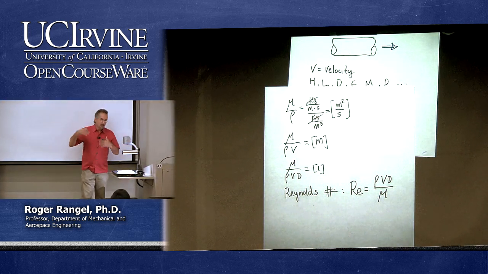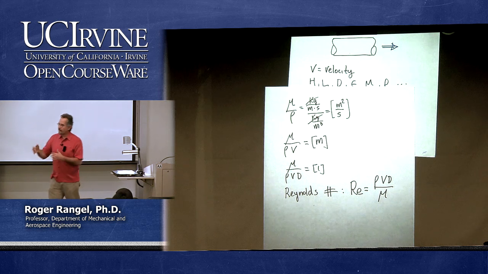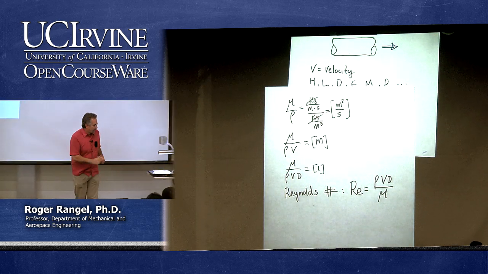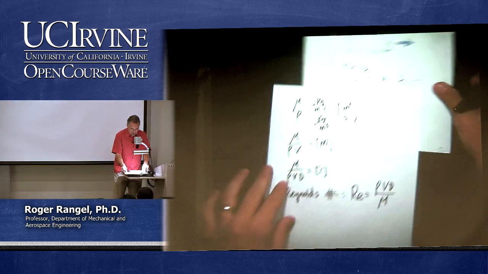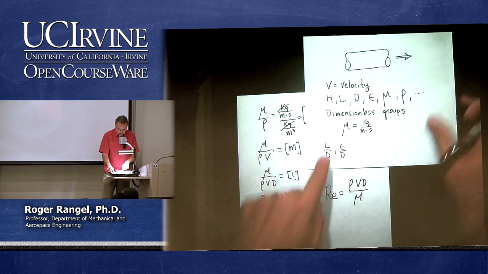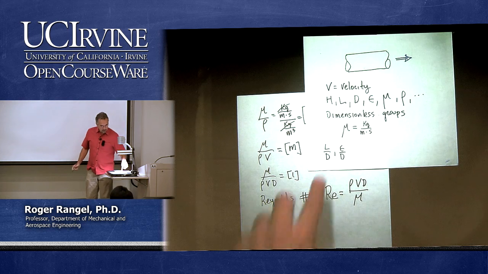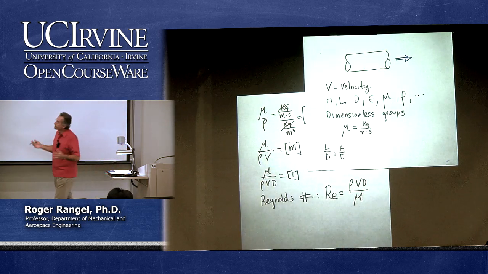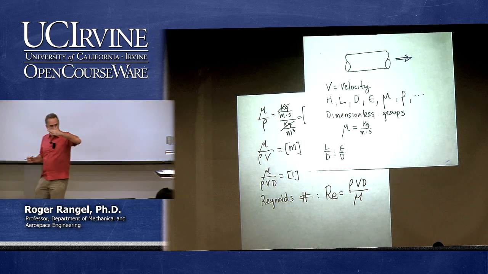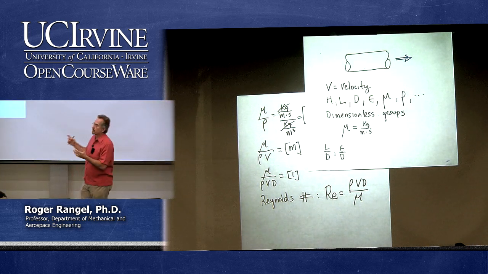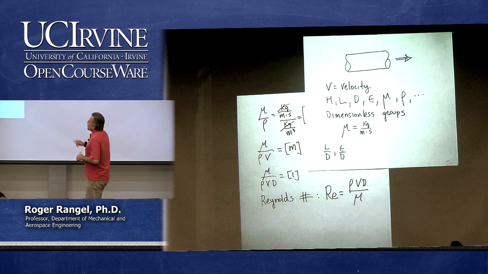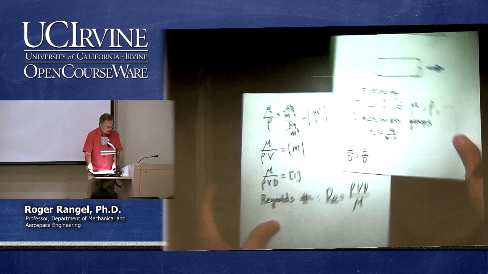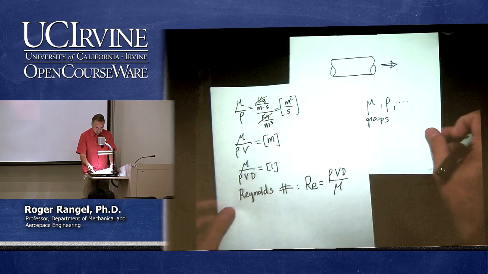As you advance in your study of fluid mechanics, this course and maybe other courses, you will learn other dimensionless parameters. For example, we looked at some of them up here. The smoothness of a pipe would be described by this parameter epsilon over d. The roughness of the inside of the pipe divided by the diameter, typically a small number. But nothing is as important as the Reynolds number. Why is that? Why is the Reynolds number so important?